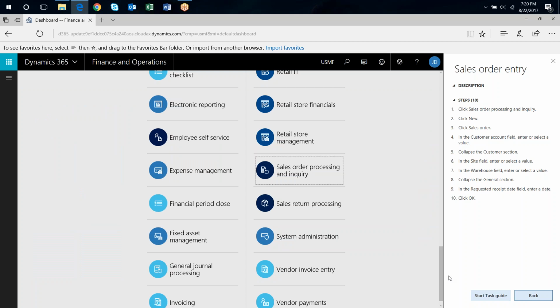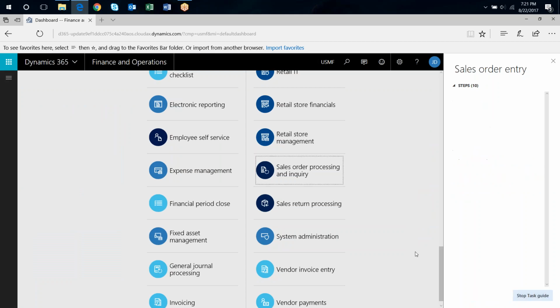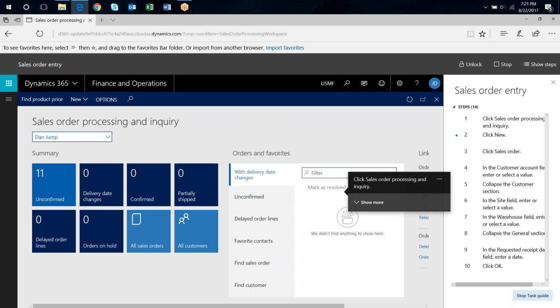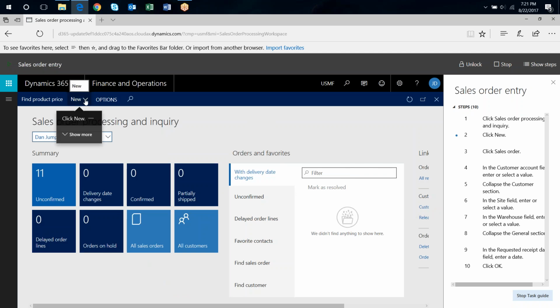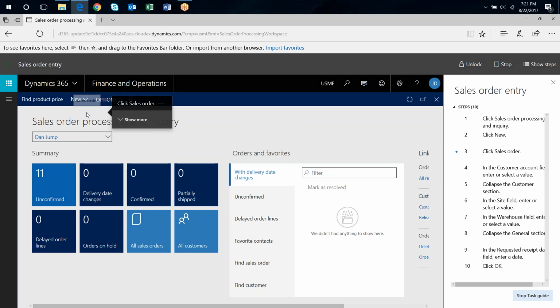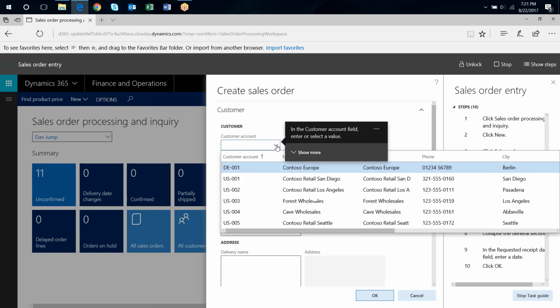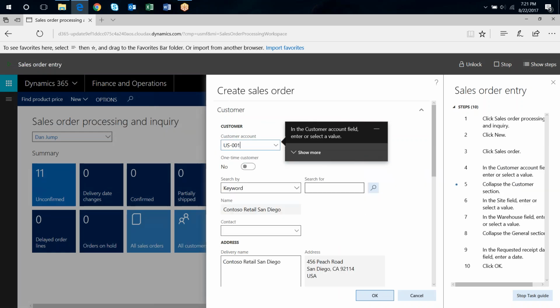I want to go back to my main screen before we start it. And now I'm going to start the task guide. You can see that it shows a pop-up box there that guides the user exactly where to go and what to click. Click New, click Sales Order. It's creating the sales order. It's going to show me to go to the customer account field, select the customer,